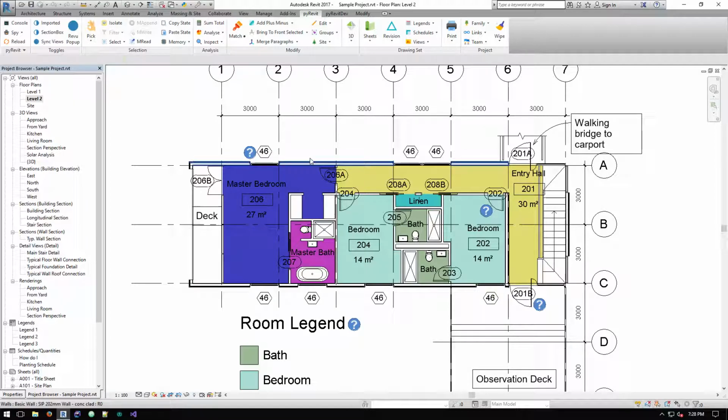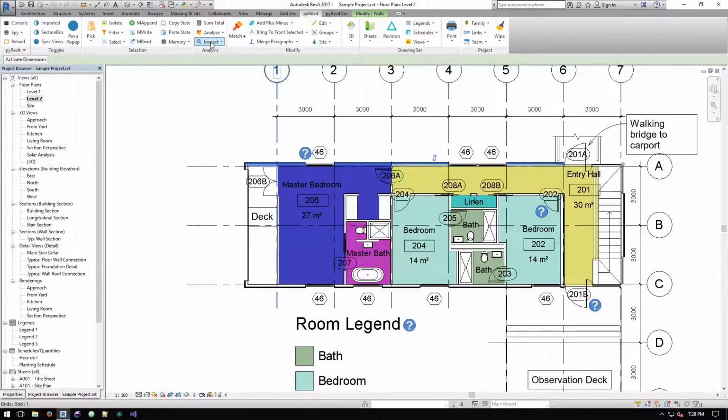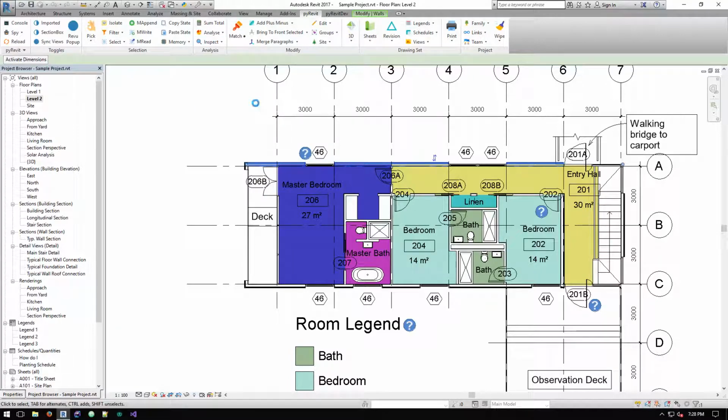So let's say for example I have this wall and I want to delete it. It's important to me to know what happens when I delete this object. What other objects would be deleted also as the result of this deletion. So the tool that helps you figure that out is under the inspect category, and you can click on find linked elements. Make sure you have that object selected first and then click on that tool, and using the Revit